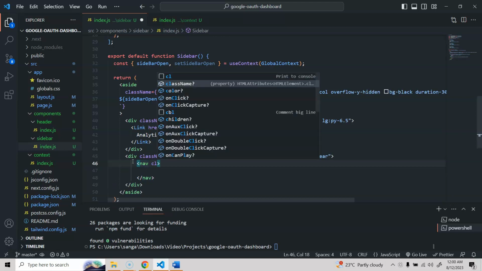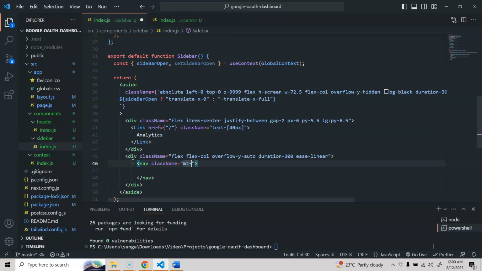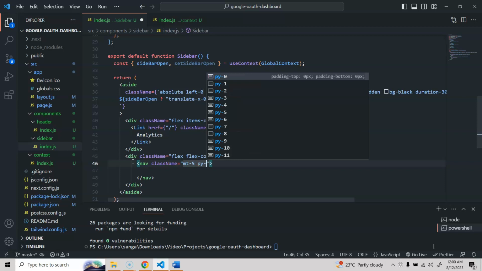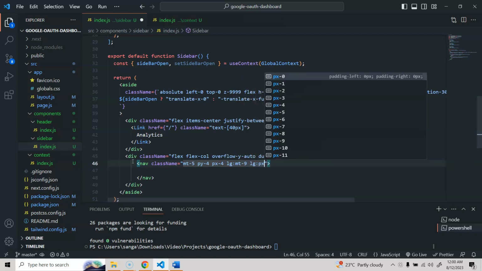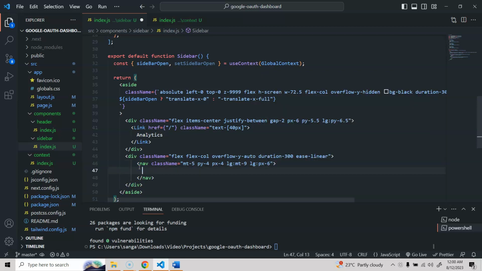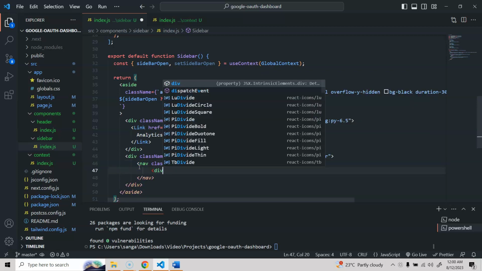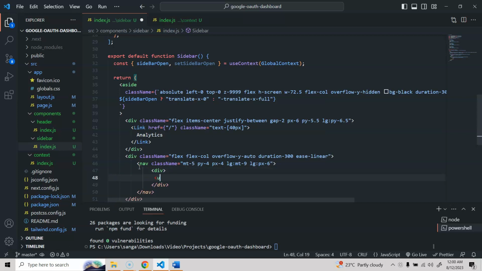So let's take a class name here also. We'll do margin top of 5, py of 4, px of 4. For large we'll do margin top of 9, and for large we are going to do px of 6. All right, now inside this we'll take a div, and here we're going to take a ul, and inside of